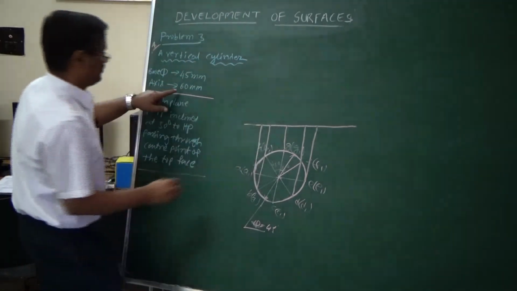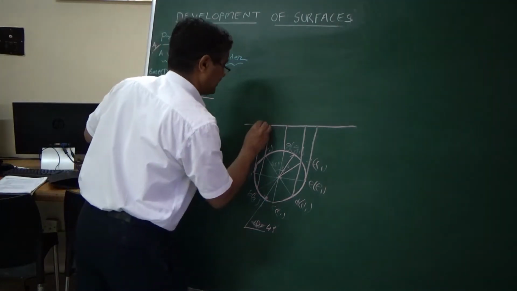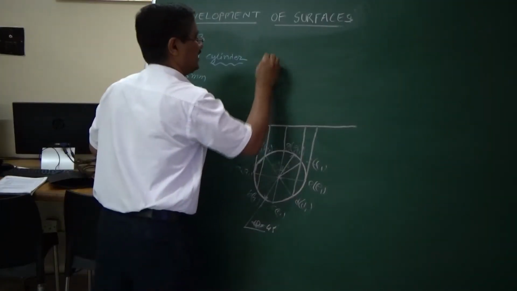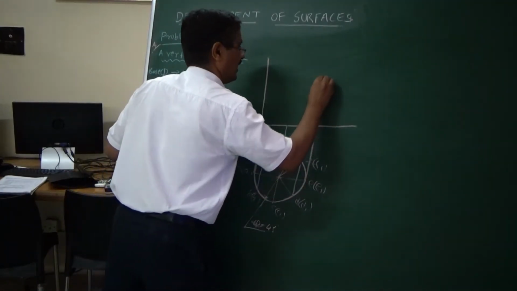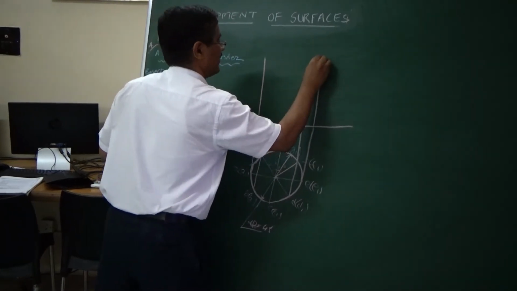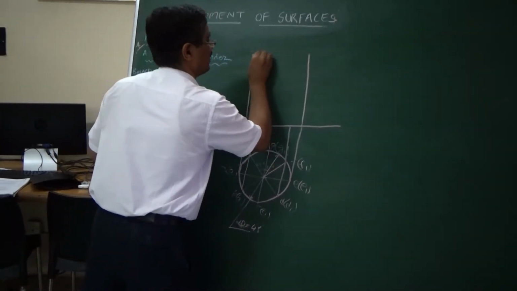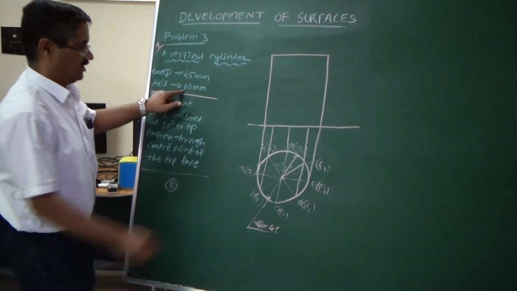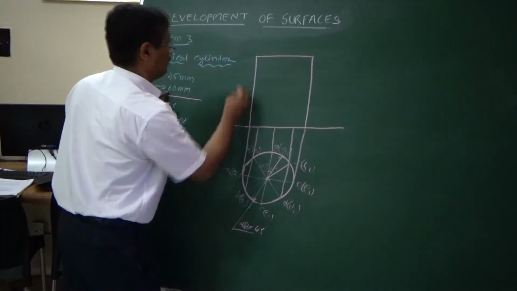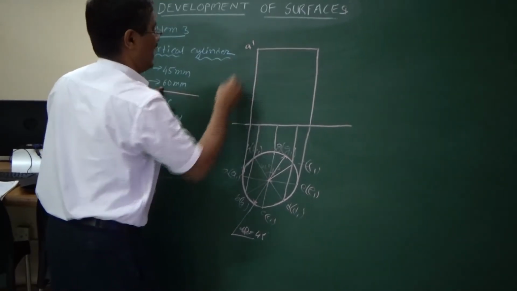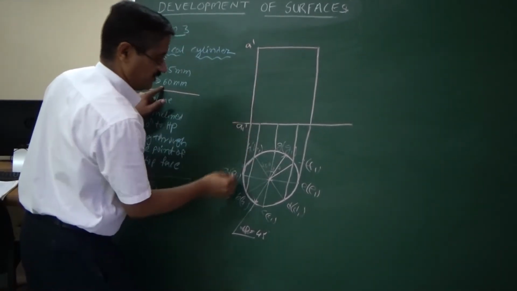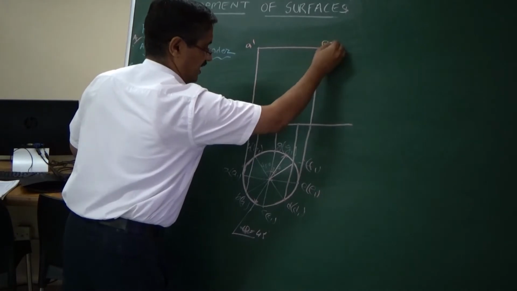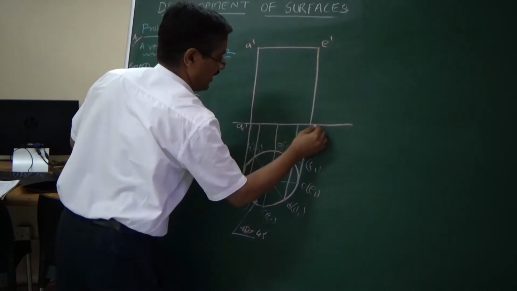Next you have to see what the height is. The height is 60 mm. Draw a 60 mm vertical line from this side and this side. Join this; this is the boundary line that you are taking. So that is for AA1, and you can also mark A dash, A1 dash here, and this is E dash and E1 dash.